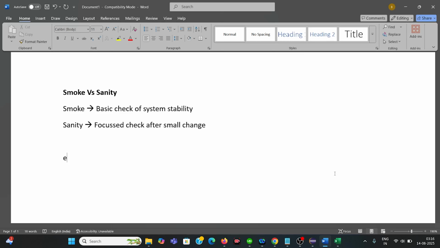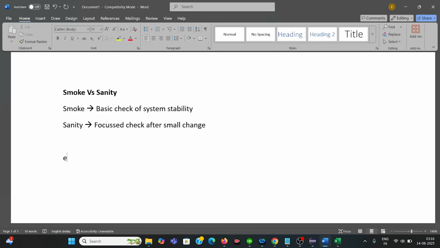Focusing only on that particular part in a very deep way. Smoke testing is like checking if your car starts, and sanity testing is like checking if the new mirror you added is working or not. I hope you understood. Both are important: one checks the overall health of an application and the other checks the specific repairs.